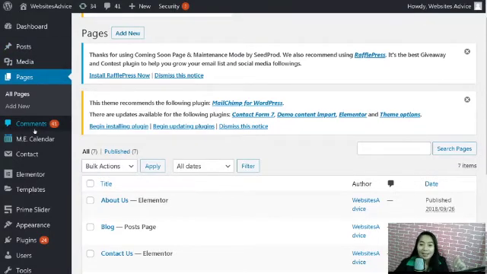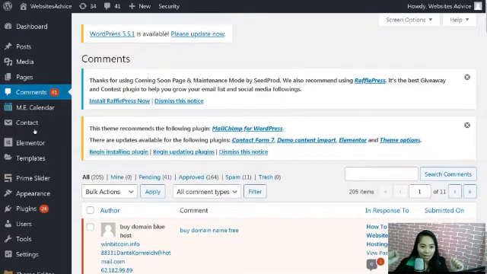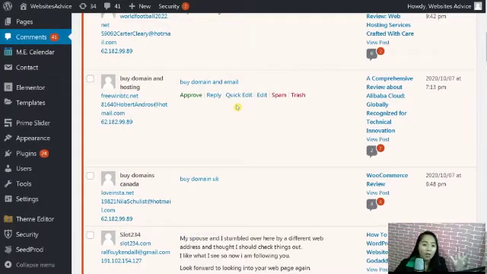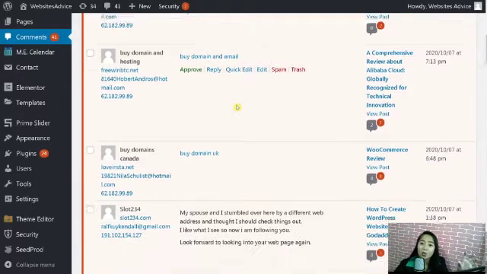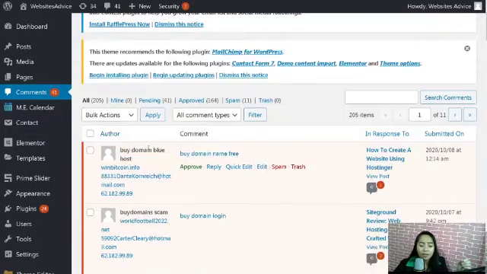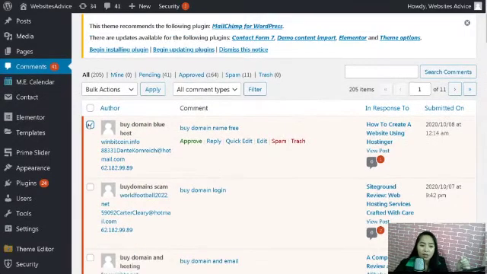Next, we have comments. The comments section is something that I really like in the WordPress dashboard, because it shows you all the comments that you've received on all the products or articles in your website, or even the messages that they sent you. What I really like about this the most is that you can select and deselect comments, and when you select a comment, you have many options on what to do with it. You can go ahead and approve it, you can reply,